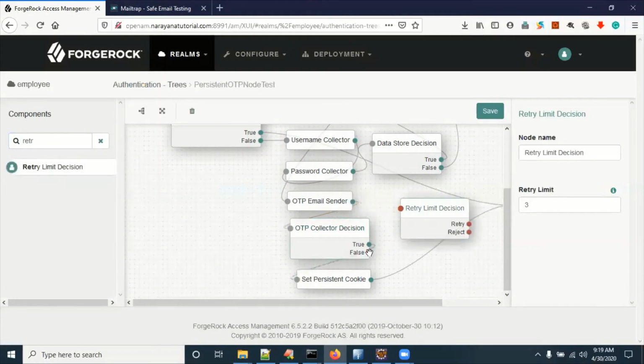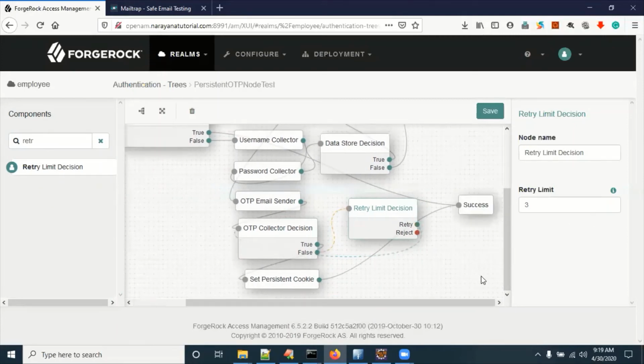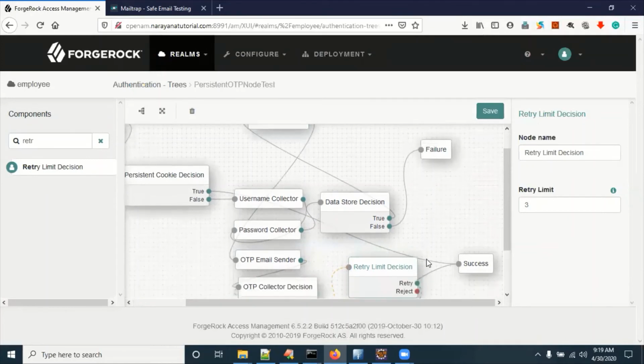Suppose a wrong OTP is entered, you can allow, say, 3 attempts. If you enter a wrong OTP more than 3 times, then the OTP will expire or the account will be invalid for that flow. Okay, now retry: you have to go back to the OTP collector decision. Reject: rejecting means we have to redirect it to failure.